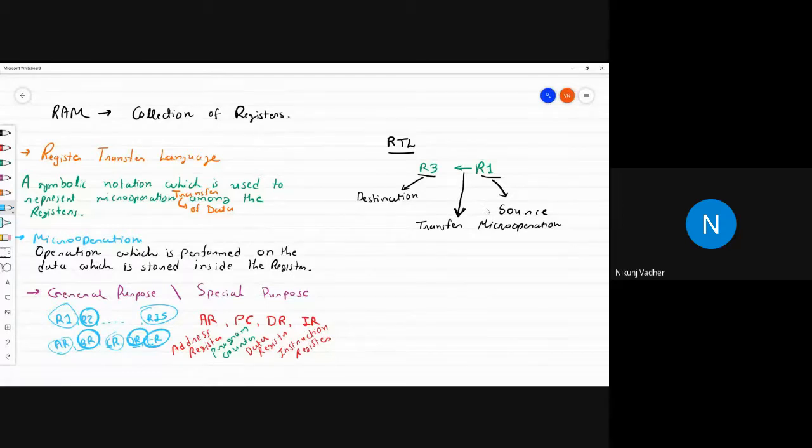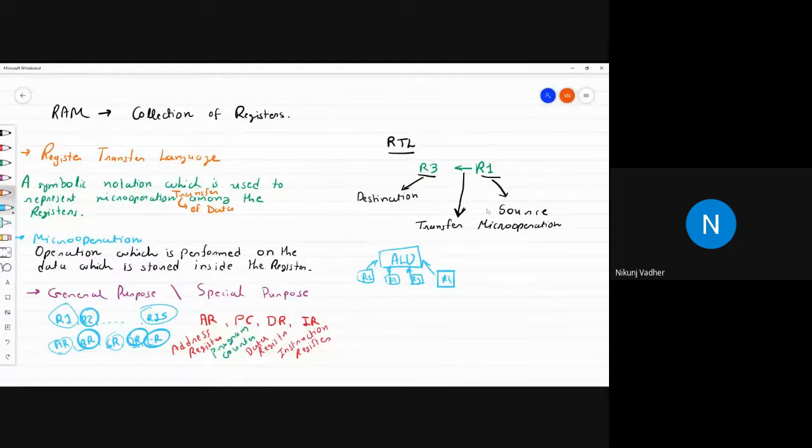These general purpose registers are directly connected with the ALU. Let's say this is the ALU, and these are R1, R2, R3, R4. These registers are directly connected with the ALU.